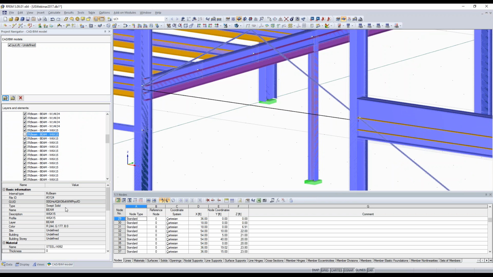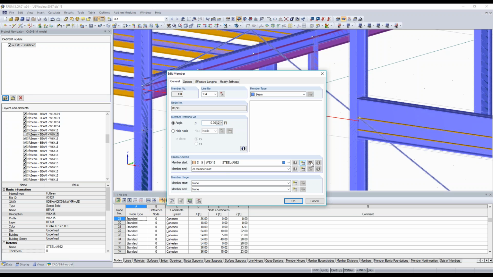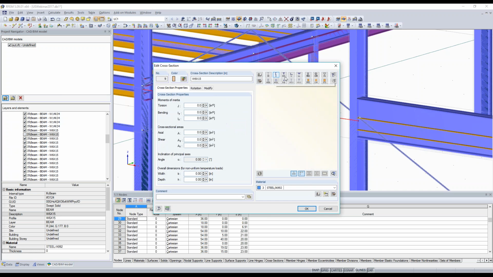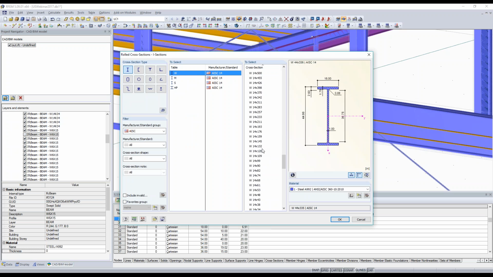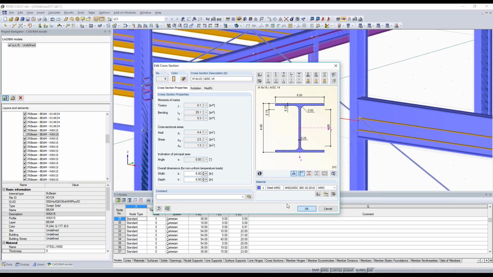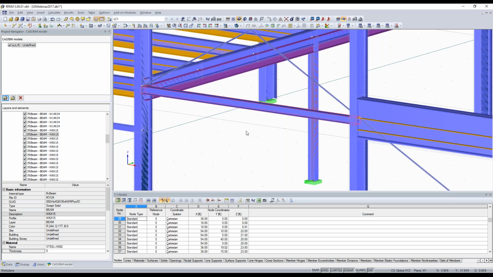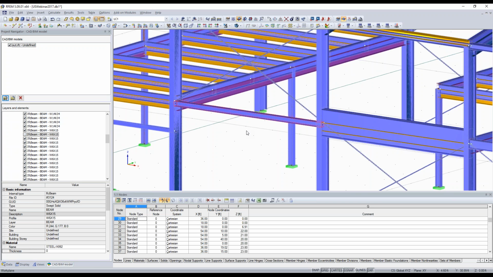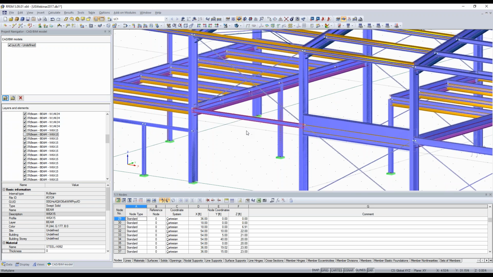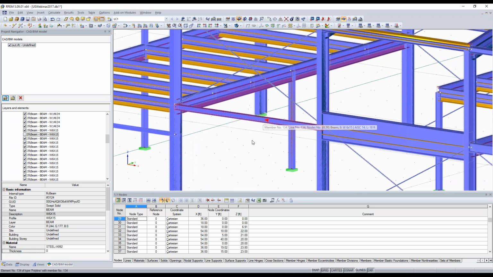Yeah? So it was a W6 by 15. I can edit it. Steel is clear, 6 by 15, but it wasn't translated. So I can manually just go ahead, 6 by 15, and I can convert it. Yeah? So you can see that there is a little bit more work to be done in the IFC import, or you can, of course, if you set up the IFC file correctly beforehand with the right naming and you are exporting from the application, then you don't have to manually assign the cross section,